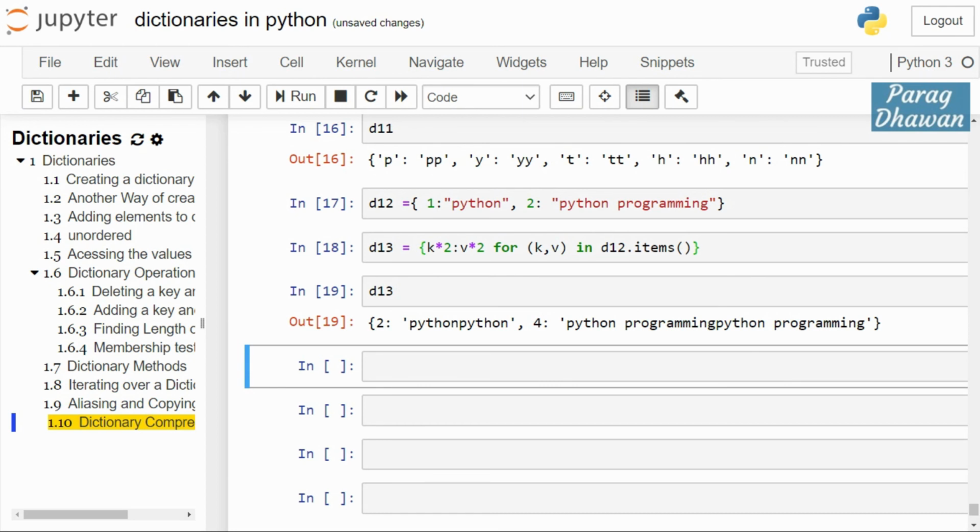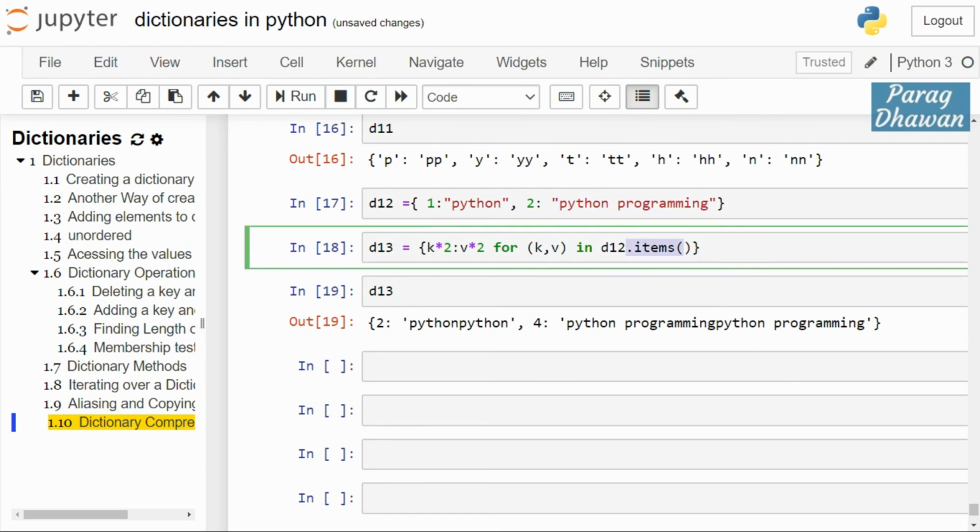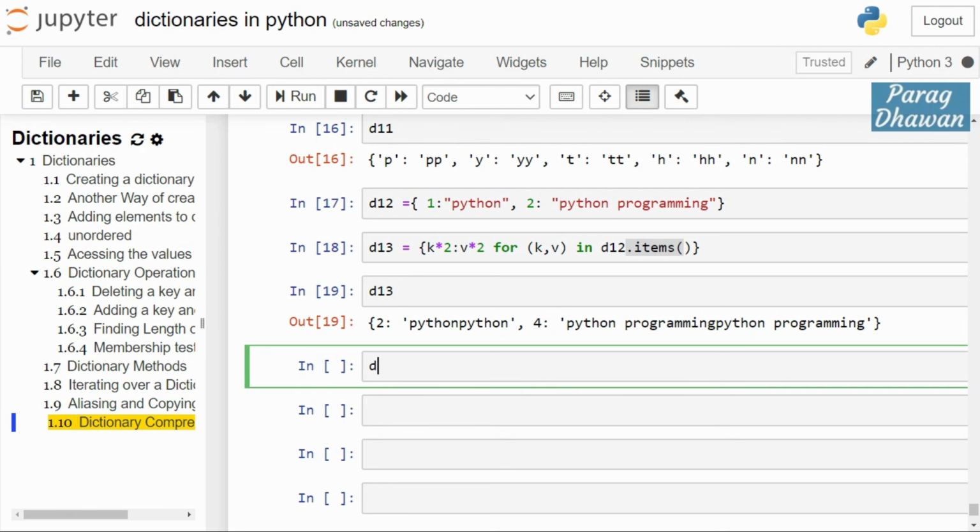Okay, here we used the items method. What happens if you don't use the items method, only the keys of the dictionary, and using the key you want to generate the key value pair using dictionary comprehension? So for the same dictionary without the items method, we can generate it with opening and closing braces.